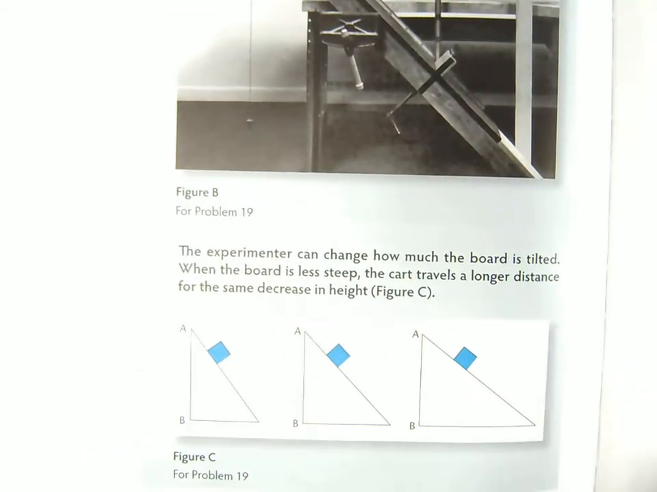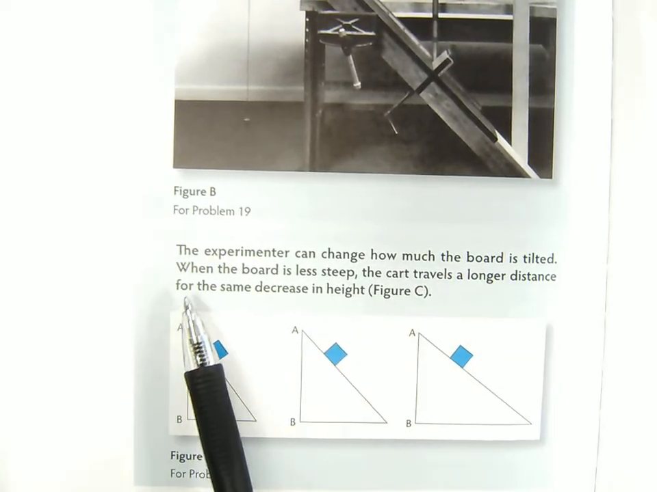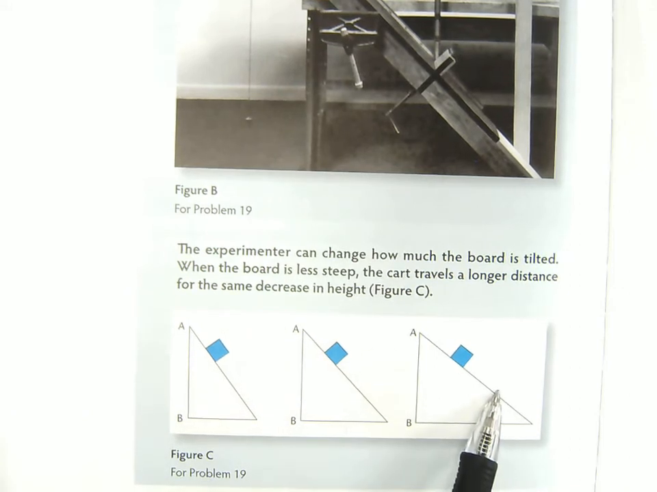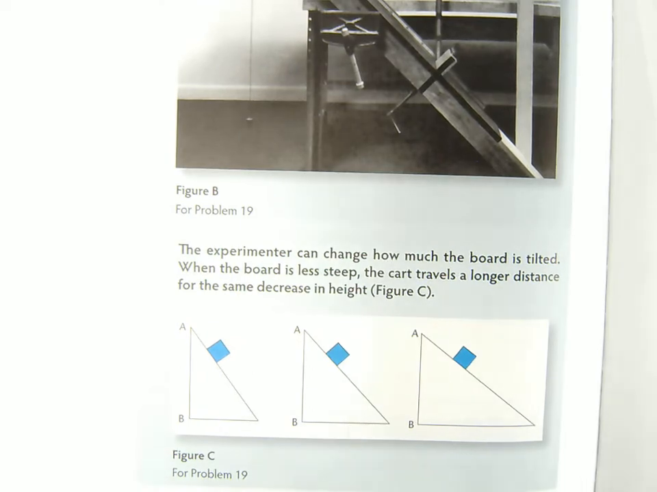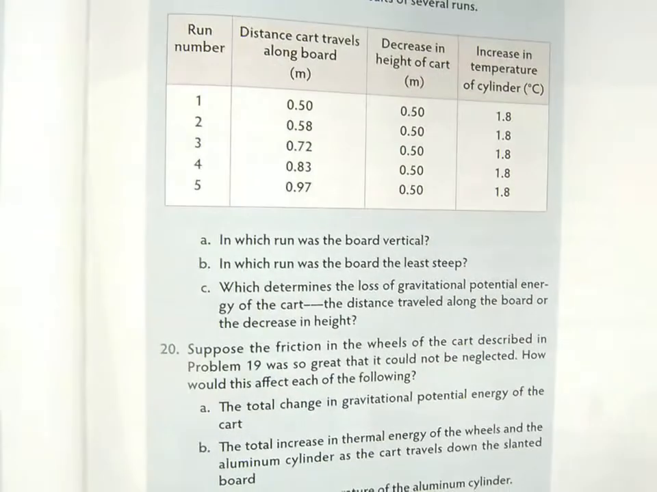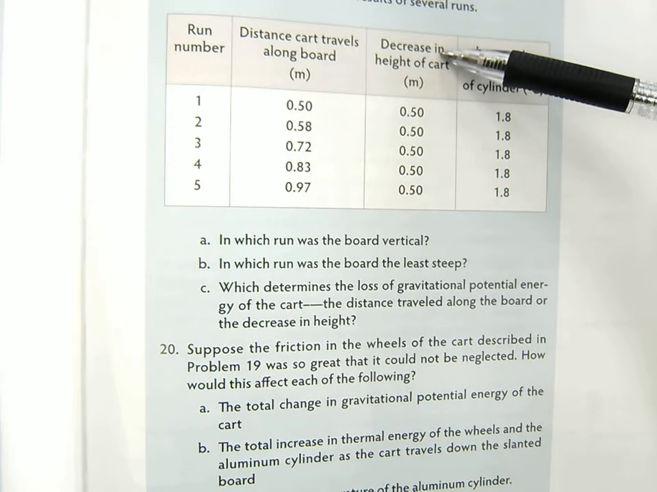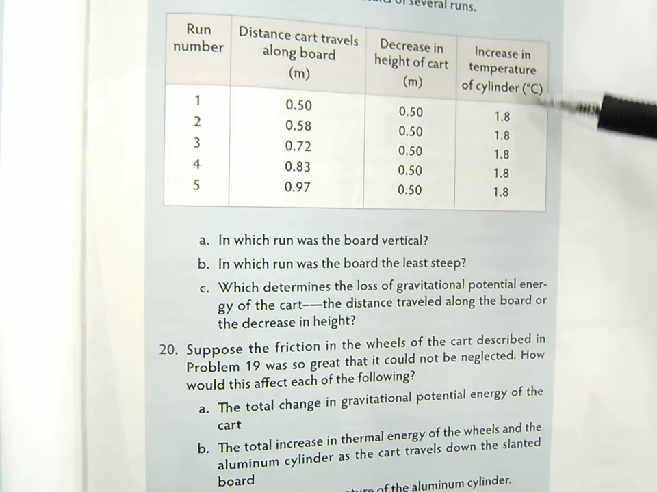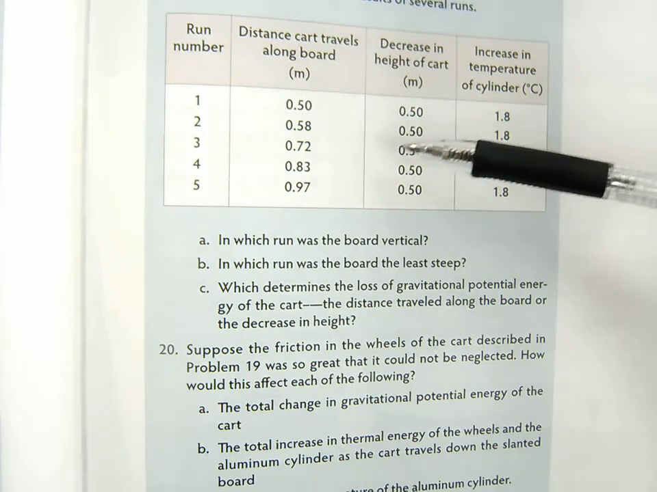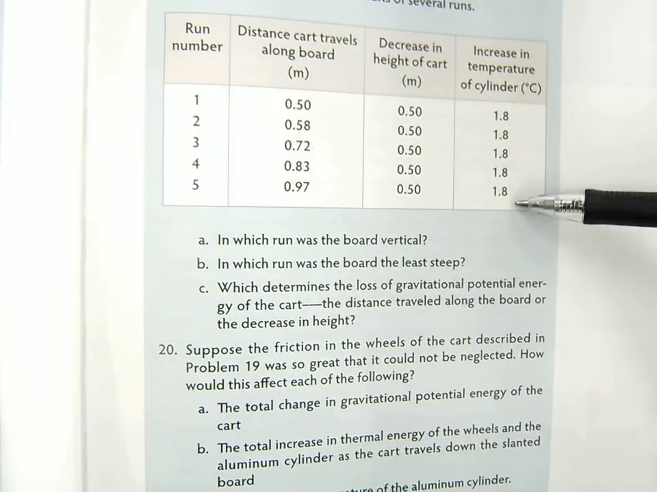When the experimenter can change how much the board is tilted. When the board is less steep, the cart travels a longer distance for the same decrease in height. Okay. And the table below shows the results of several runs. So here's the distance that it's traveling. The decrease in height is exactly the same. That's interesting. Increase in temperature is exactly the same. So it seems like the height is more important than the distance that it travels because the effect is exactly the same